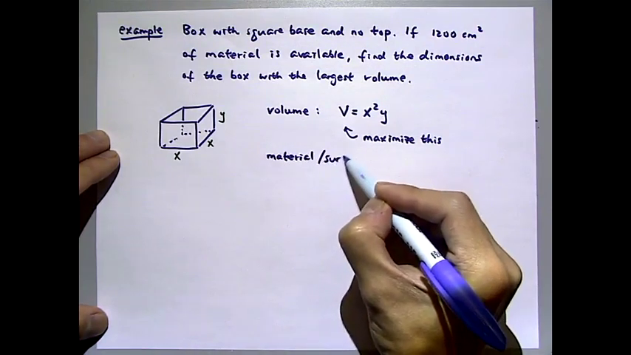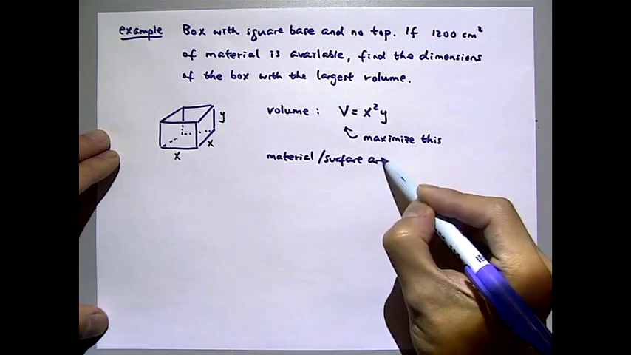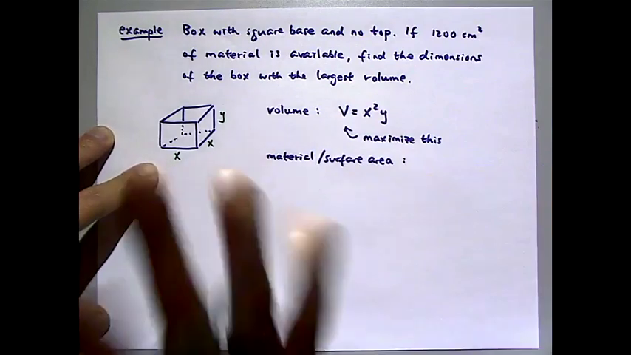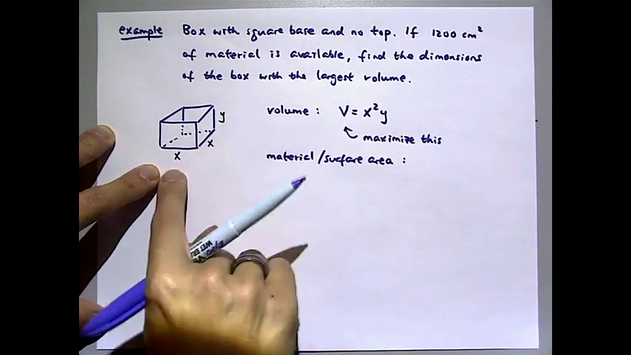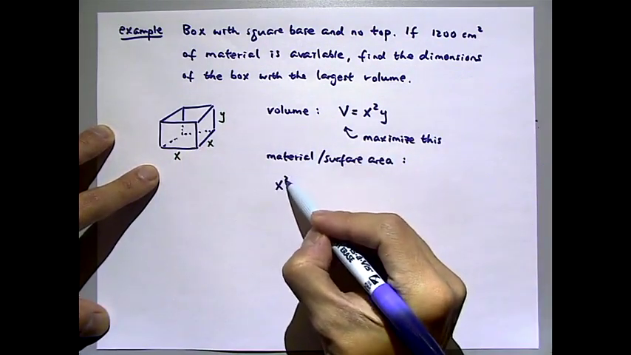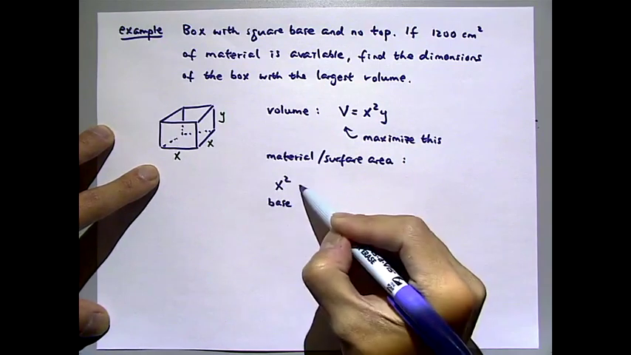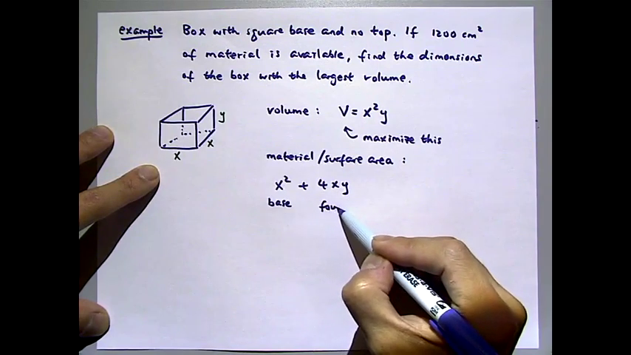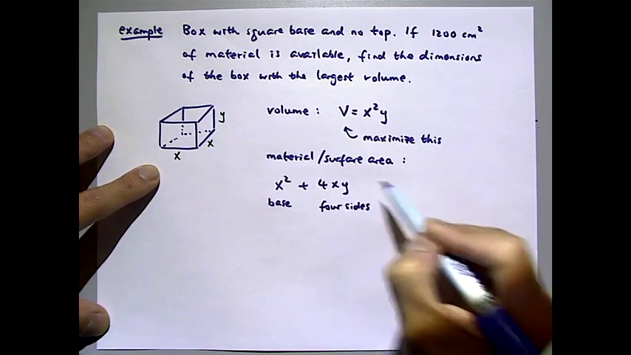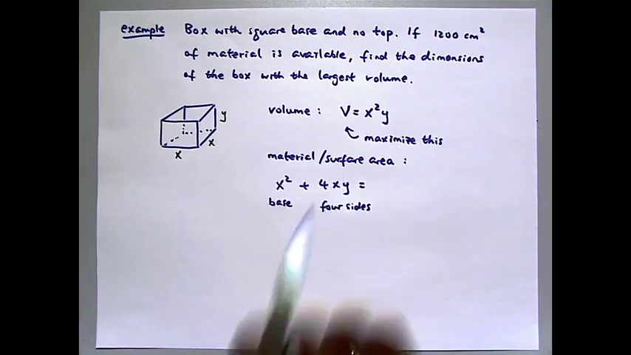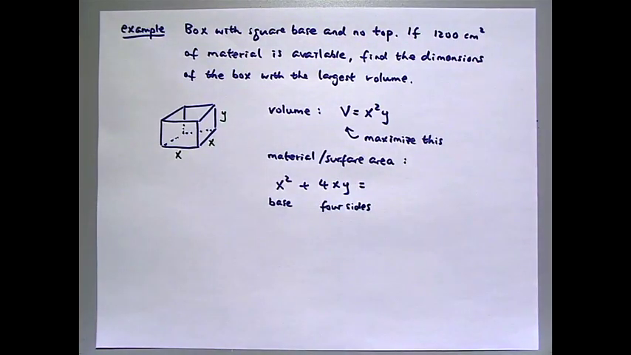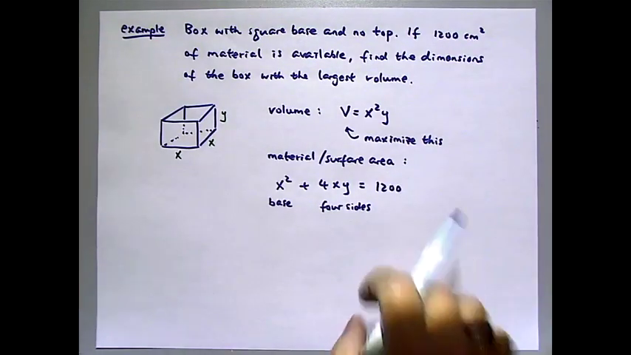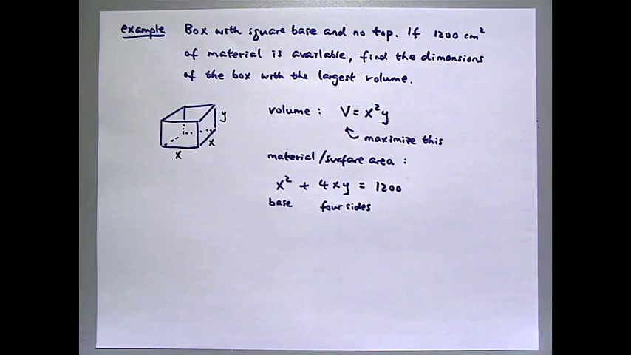Material, surface area. Just like last time, we have 5 sides: the base, plus the 4 sides. This time we know what it has to be. We know it is exactly 12,000, no more, no less. I have this much material I want to use, and I want to build a box that's as large as